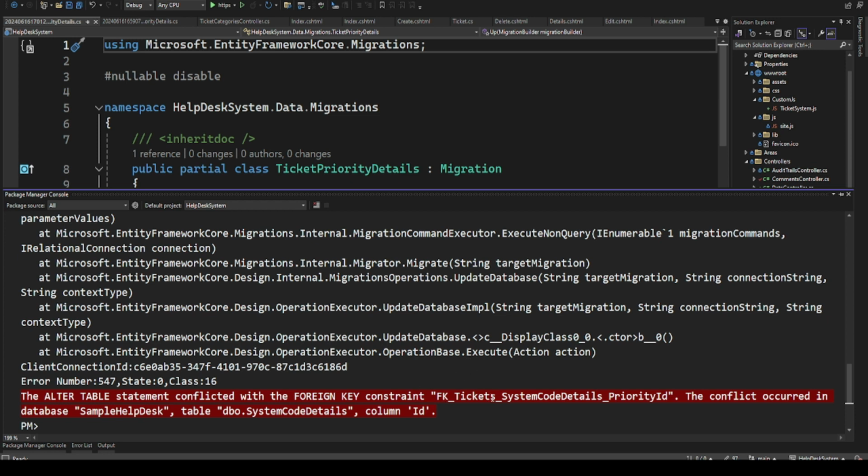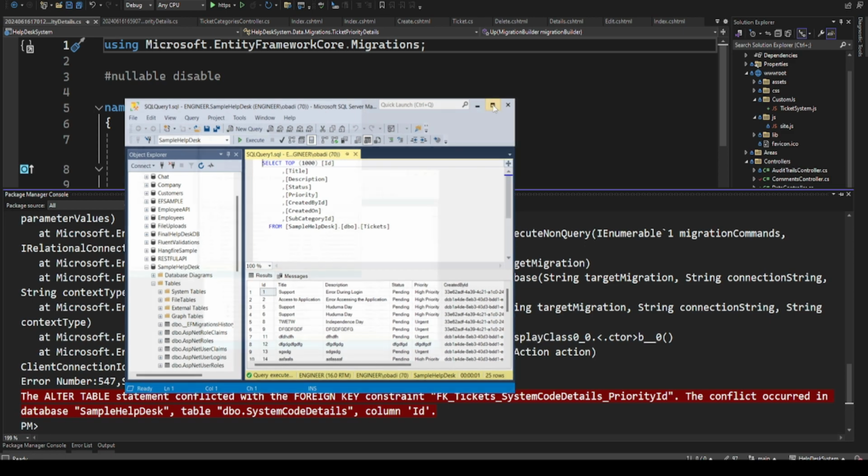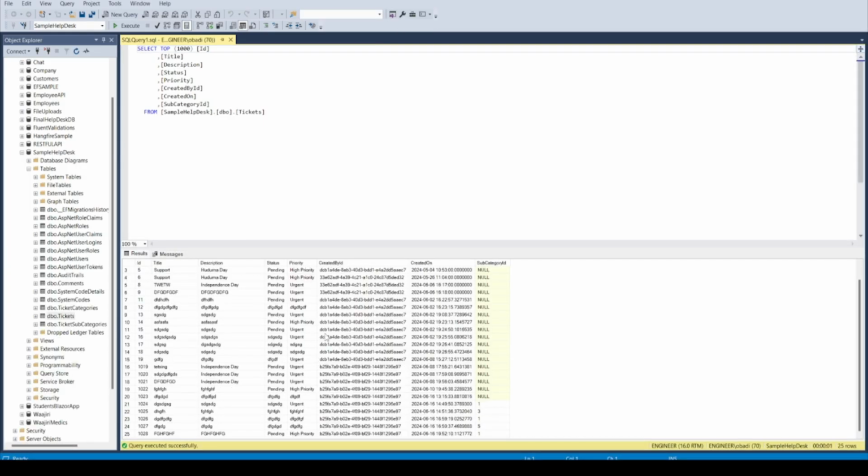So these are the data that we have. The reason why we have this is actually the data. Let me just show you what is happening. If we access our database, remember how we have been creating our application and the tickets? These are some of the details that we have. You see the priority ID, we have been having this priority ID and it is actually showing some